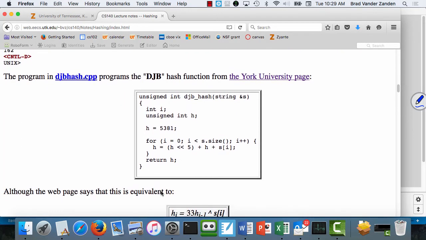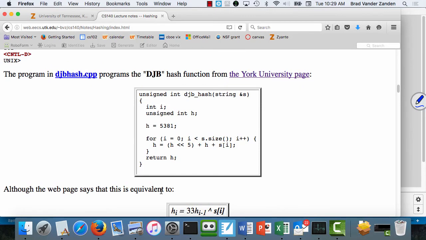So moving on, here is a very popular hash function that actually works very well. The way it works is that it calculates the hash values incrementally, as a series. So it essentially starts out with h of minus 1 equal to 5381. And then at each step, it calculates h of I as h of I minus 1 plus,